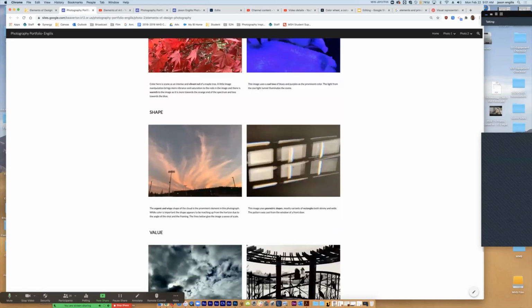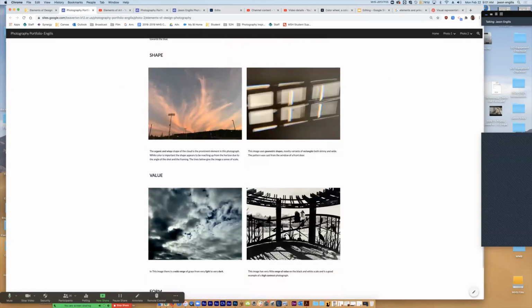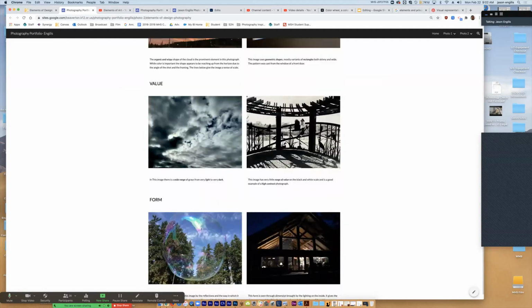whereas all the other elements are on the brighter end of the spectrum. I could start to talk about it as a use of space, positive and negative. But again, I'm looking mostly at the high contrast shot. Clouds are a pretty good way of showing a range of values. So in this photograph, there's a very wide range. You've got a lot of dark colors and a lot of very bright highlights and a lot of grays in between. So again, I'm doing my best to be very intentional about using these descriptive terms to talk about the